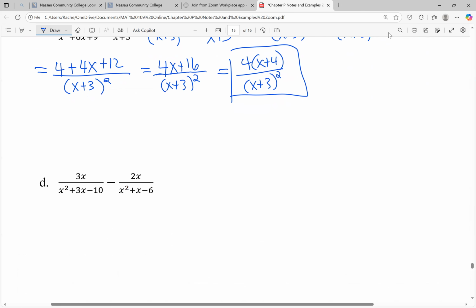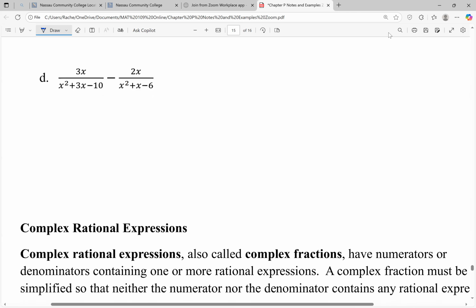And in this case, both denominators are factorable because you need to see what the factors of your denominator are in order to find the least common denominator. So let's rewrite this as 3x over, now to factor x squared plus 3x minus 10, what are two numbers that multiply to negative 10 and add to 3? So that's going to be x plus 5 times x minus 2